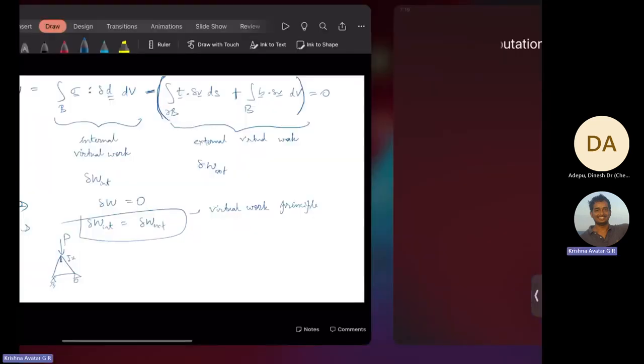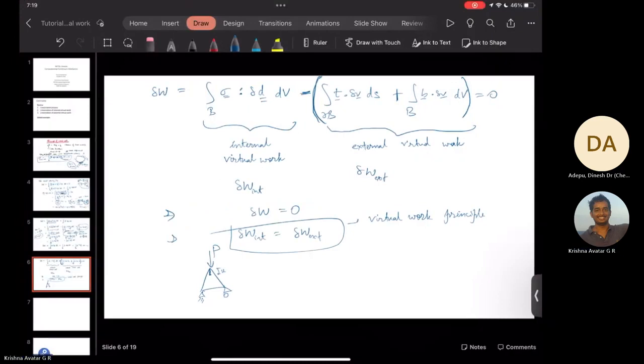What we used to do is take the internal energy of the entire body, and then equate that to Pu, because Pu is the external work done. Although in that case, the only difference was it was